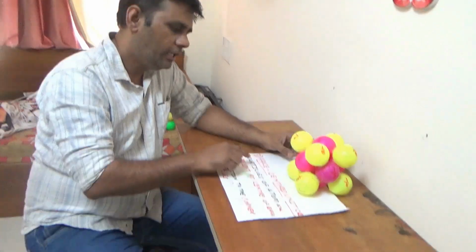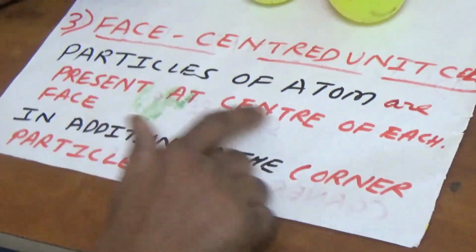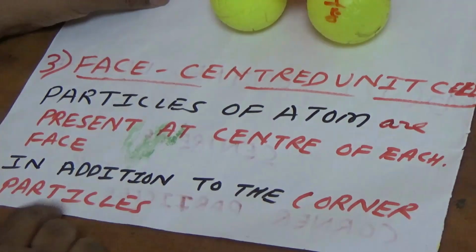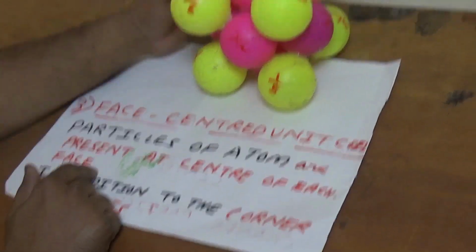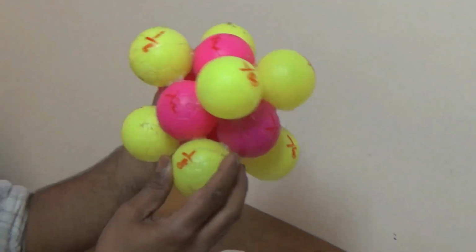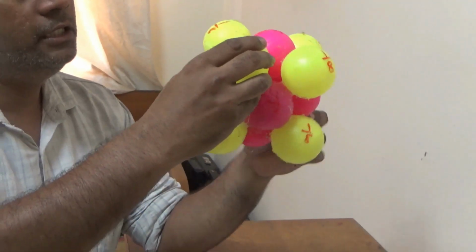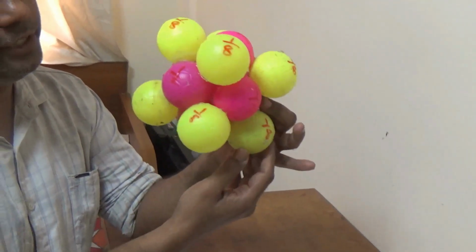Third topic, face-centered unit cell. In this unit cell, particles or atoms are present at the center of each face, in addition to the corner particles. So here you can see this is a face-centered unit cell. In this you can see that the yellow part is the atoms which are present at the 8 corners of the unit cell,